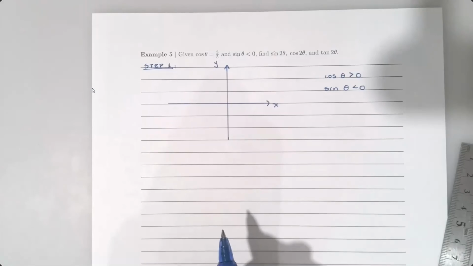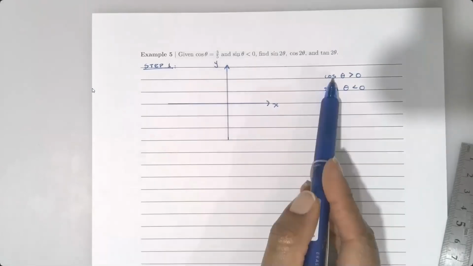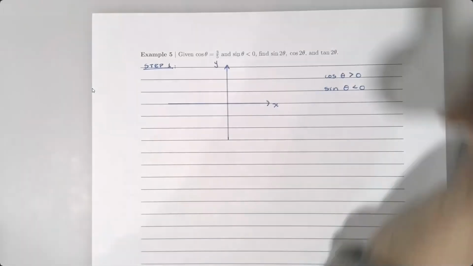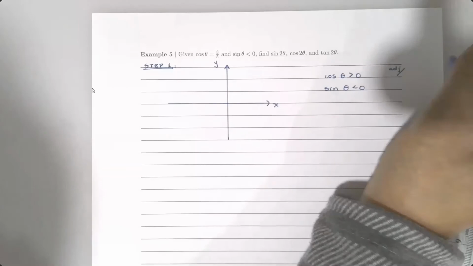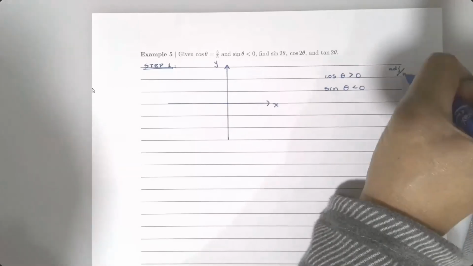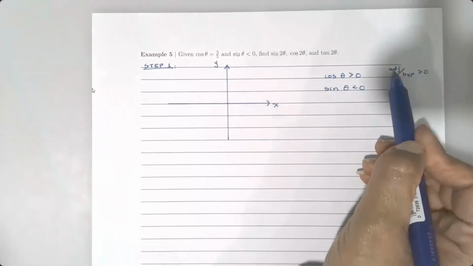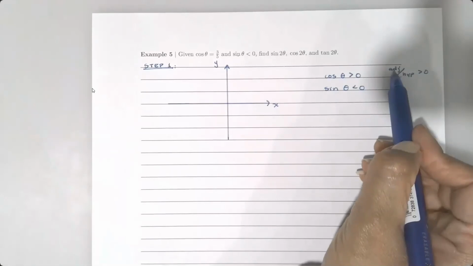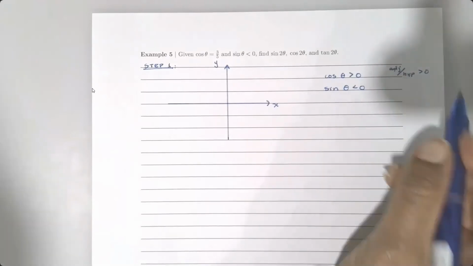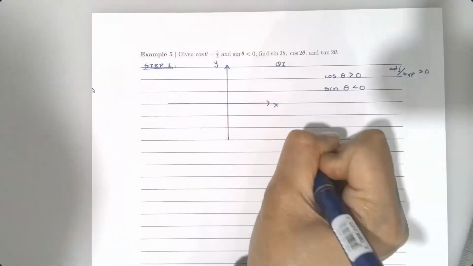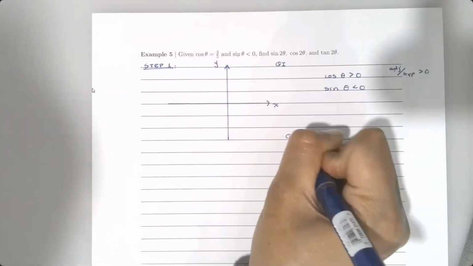Meaning, if we look at the cosine, remember cosine is adjacent over hypotenuse, and the hypotenuse is always positive, right? So that means that adjacent has to be the one that's positive. So adjacent over hypotenuse has to be positive, and this guy's always positive, so adjacent has to be positive. So where is cosine? Let's start with just that. Where is cosine positive? One and four, very good. So we have as candidates quadrant 1 and quadrant 4, because that has an adjacent side that is on